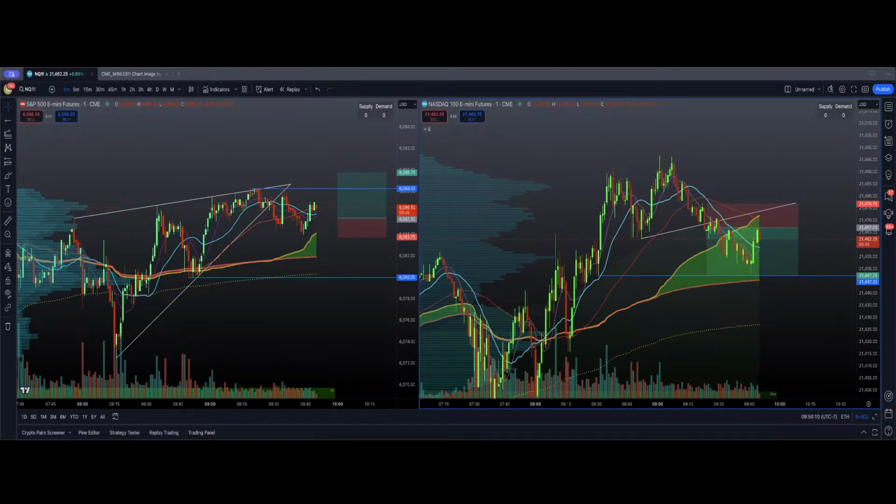Even though NQ made a lot of lower lows, I called it. I said if it gets another buying wick, I think that's it. Like, it's gonna shoot up. That doesn't mean I exit my trade. But even though NQ's been stronger than ES, there's still a chance ES goes for another oscillation. And